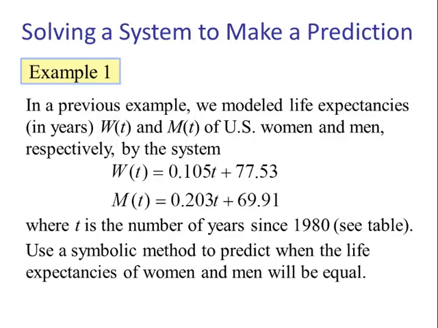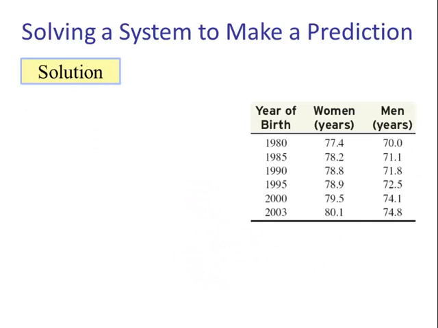Use a symbolic method to predict when the life expectancies of men and women will be equal. So we're going to take W of t and set it equal to M of t. We're going to solve this system by substitution. So here we have the table. To review how we found the models,